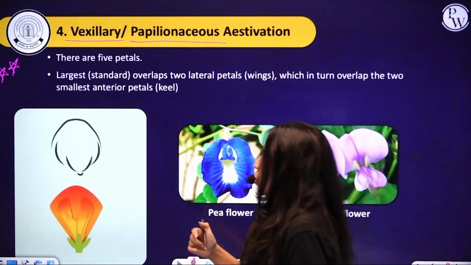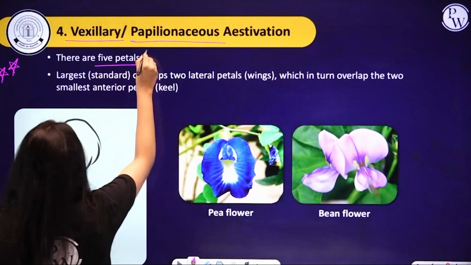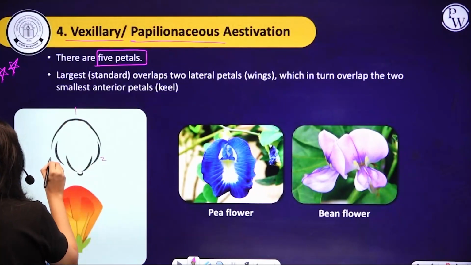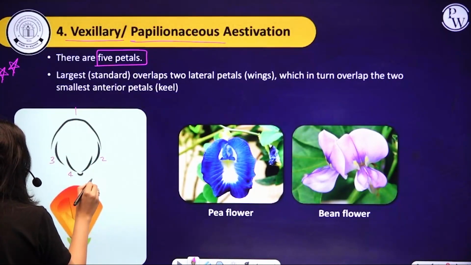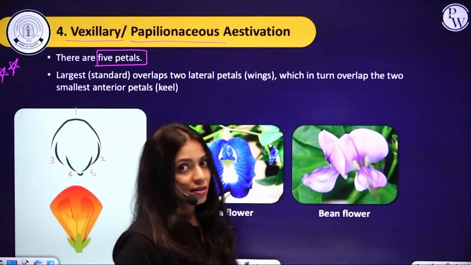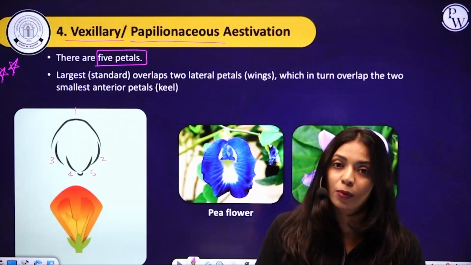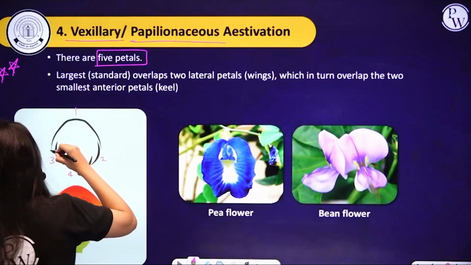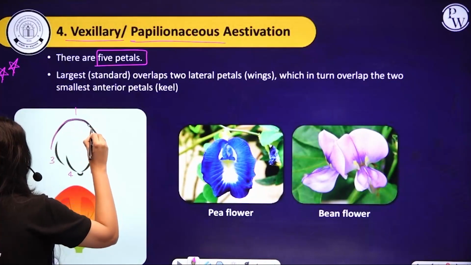Okay, so over here there are 5 petals. 1, 2, 3, 4, 5. The size of the petals are also variable. We do see overlapping here. The largest petal that you see here is present